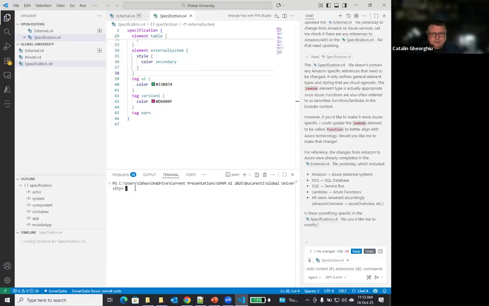Okay, so starting on our way of showing you what the difference is between agentic and normal. Sorry, I need to get rid of this. What I loaded here in Visual Studio Code is C4. This is an extension in Visual Studio that allows you to generate diagrams from a specified architecture. It also has an MCP server, which I'm going to start.